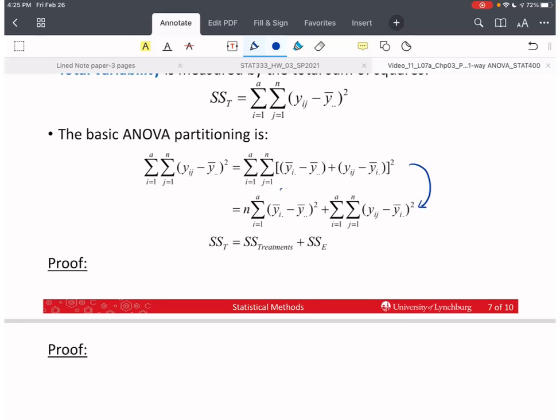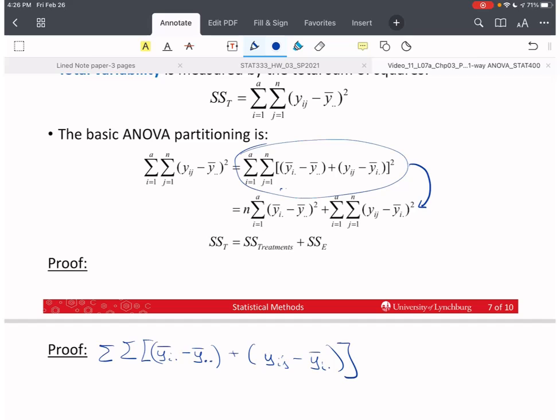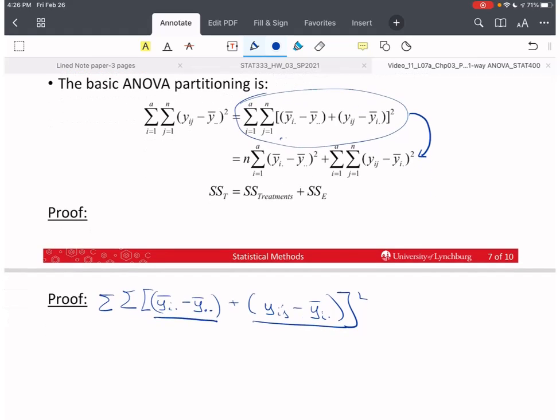So we're going to start with this statement. So I've got the sum of yi dot bar minus y dot dot bar quantity. I'm putting the parentheses in there because I'm going to treat this as one quantity, like A, and then plus, like B, yij minus yi dot bar, and then the whole thing squared. So I'm going to treat this as one term and this as one term, and this